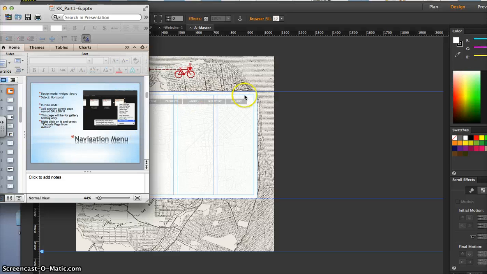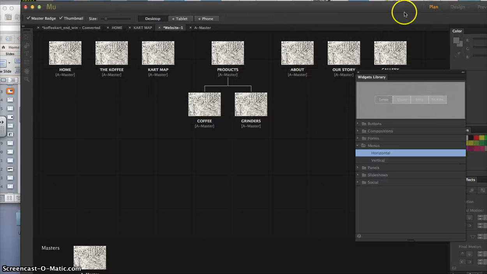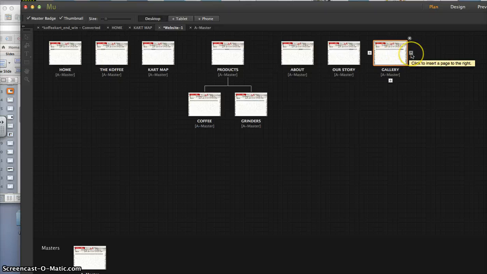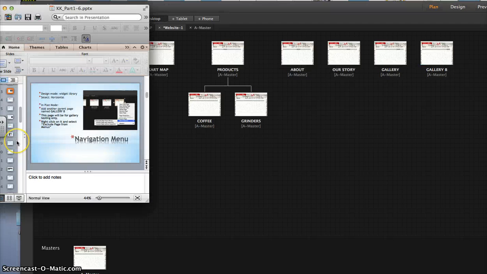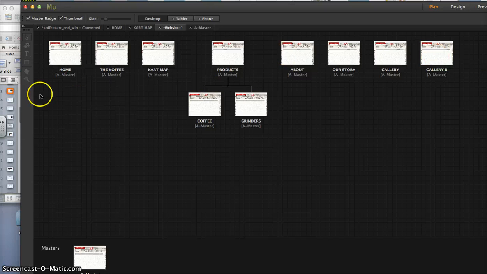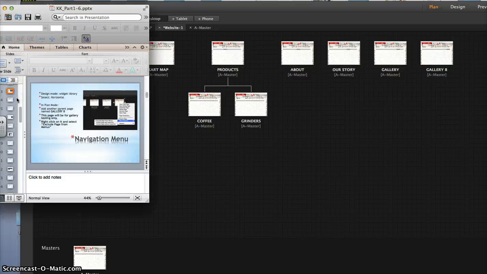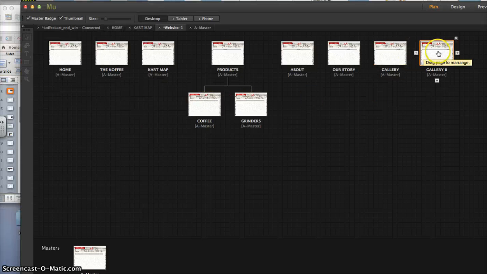Okay, so we are going to do something in the plan mode right now. Go back to the plan mode, and we're going to add an additional page to the right of gallery, and I am going to call it Gallery B. That's what I was calling it, right? Gallery B. Now the thing is, this is going to be a page that we're going to test animation on. So I don't really want it to show up in my navigation. So what I can do is I can right click